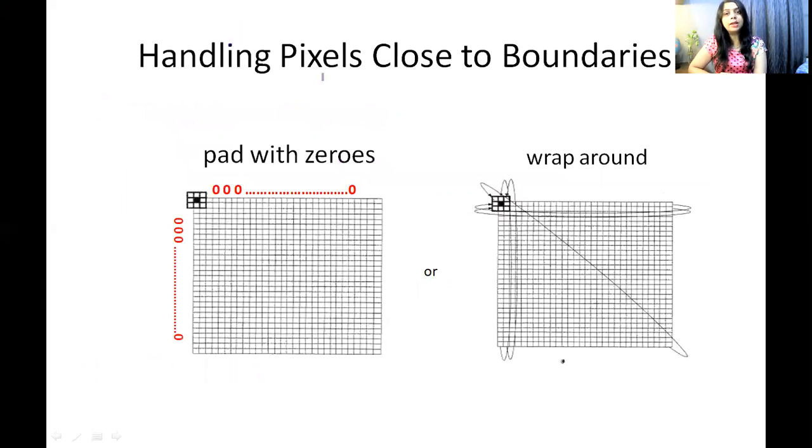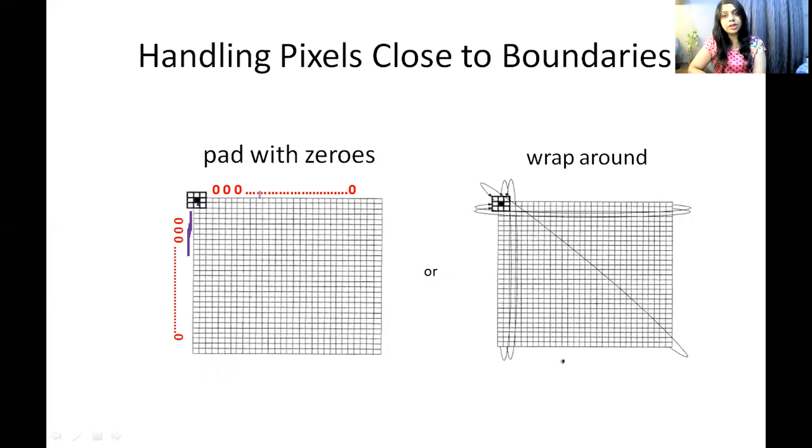Now, how to handle pixels close to boundaries. Let's imagine this is an image and you want to overlay the 3x3 mask on the image. The first position should be like this. If you keep the first position like this, then on this side there are no pixels on the image, and on this side also there are no pixels.